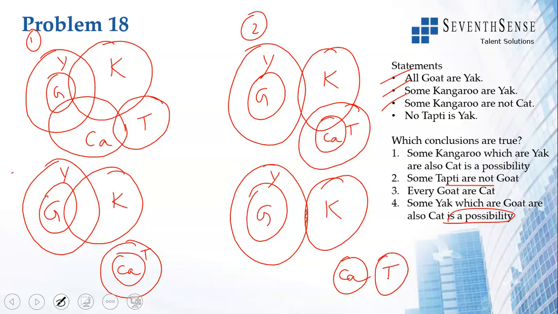This is my diagram 3 and diagram 4. You can draw it in any way. Probably you might have a 5th diagram as well. The funda is to draw diagrams that do not contradict the statements. All of my diagrams do not contradict the statements. Now let us see, very important, because we have "some," we have "all," we have "some not," we have "possibility," we have a lot. So let's say we have 4 conclusions and we have 4 diagrams.